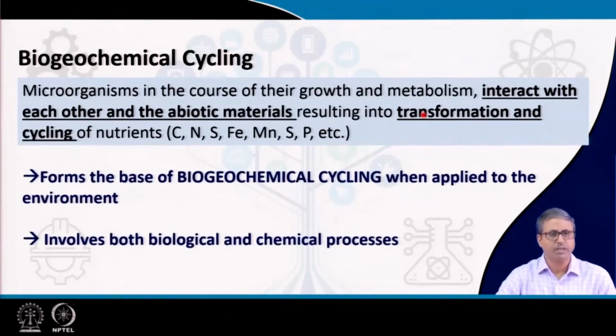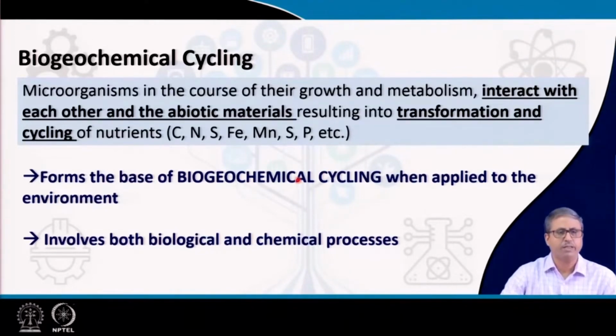nutrient cycling. Now, these processes, that is, the transformation or interaction between multiple species and multiple communities along with their abiotic environment, form the basis of biogeochemical cycling. So, what forms the basis of biogeochemical cycling? It is the interaction between the different members of an ecosystem or community and also with their abiotic counterpart, that is, the abiotic physicochemical environment. When applied to an environment, in any part of the environment, any habitat,